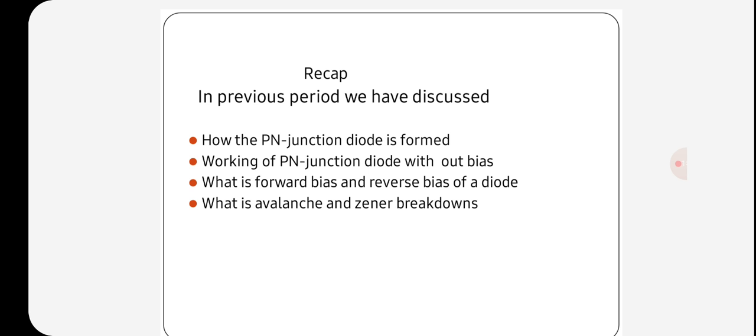Now suppose the two pieces are joined to form a PN junction. At the junction there is a tendency for the free electrons to diffuse over the p side and holes to the n side. This process is called diffusion. As the free electrons move across the junction from n-type to p-type, positive donor ions are uncovered. Hence, a positive charge is built on the n side of the junction.